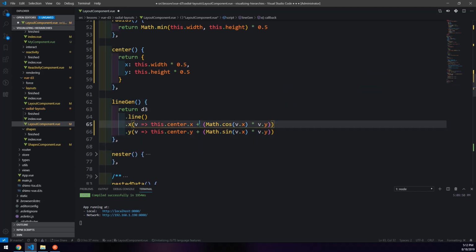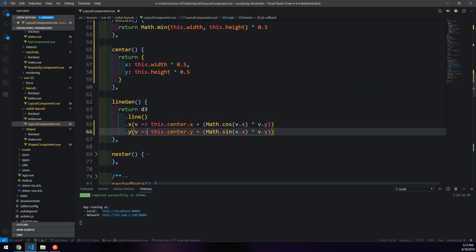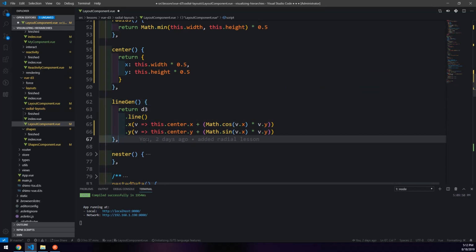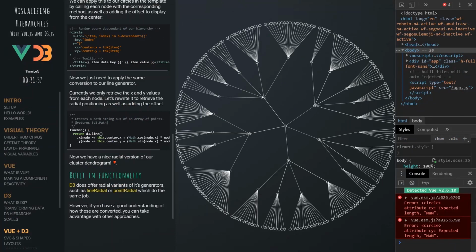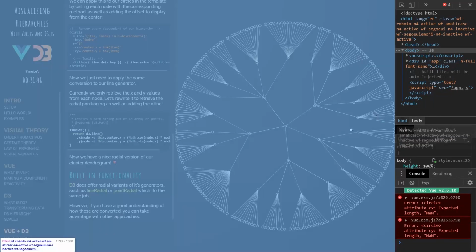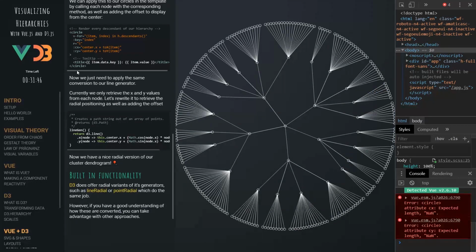Okay, so by doing this, we've changed it so that it's now going to give us the right coordinates. So let's save this and see what happens. All right, so now we have our lines representing our angles correctly. It's positioning everything correctly. And all we did was assign the width and height to act as the angle in radians and the radius, okay? And